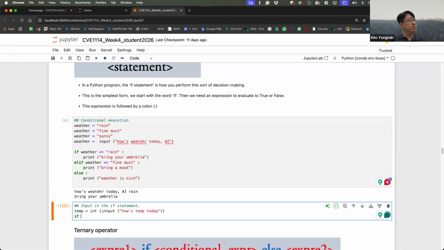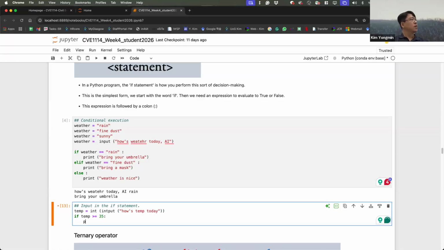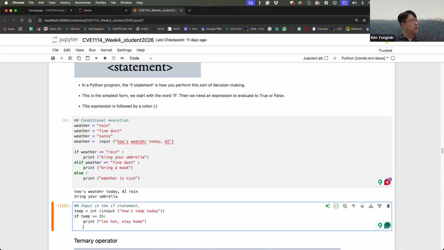If this temp is greater than or equal to 35 degrees, print: the actual feeling 35 degrees, very, very hot. Print: too hot, stay home. Just decisions by AI.